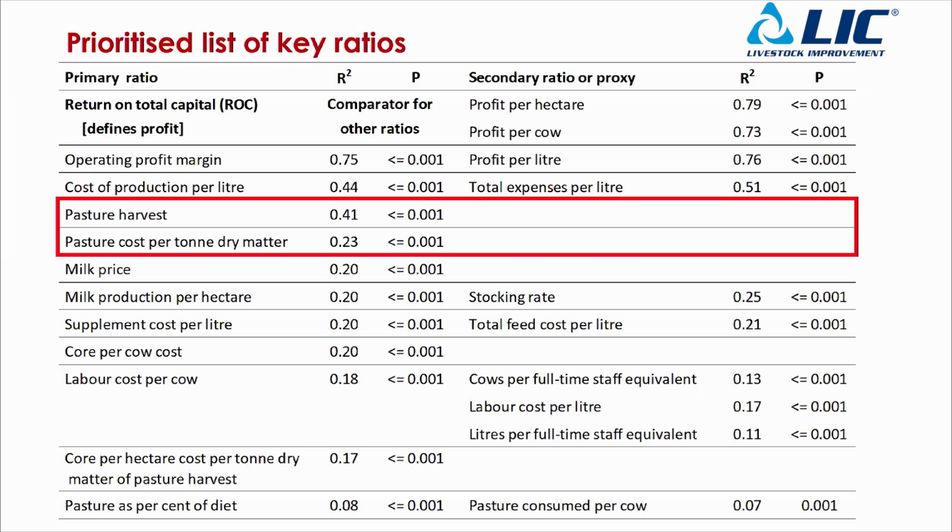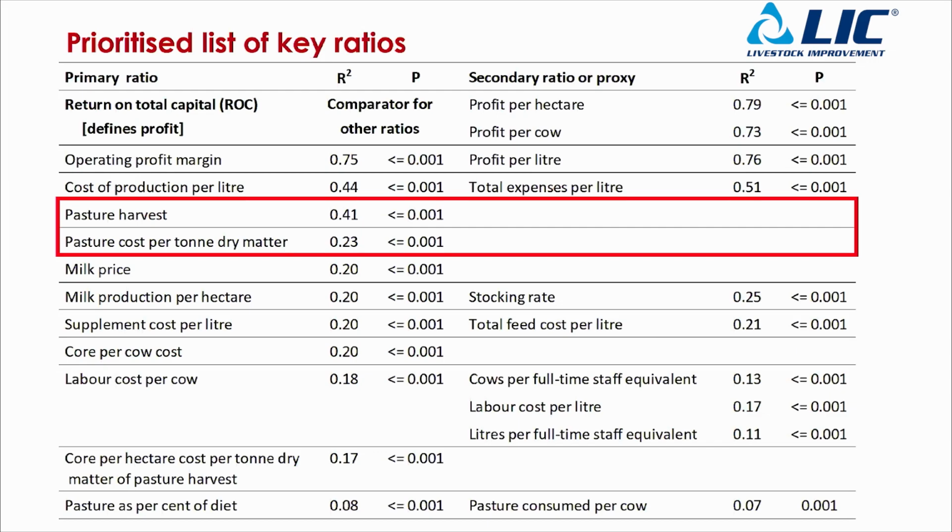Pasture harvest has the highest correlation to profit compared to all other ratios, and by a wide margin, apart from partial profit and total cost ratios. The next highest correlating ratio to profit is pasture cost per tonne dry matter. And given how fundamental pasture is to dairy farm profitability, this second pasture-related ratio should be included as a primary ratio. This mix of a physical pasture measure and a financial measure ensures these two ratios provide different insights into